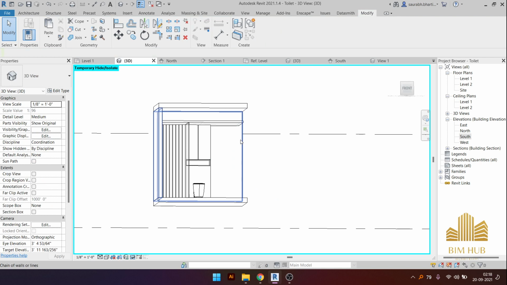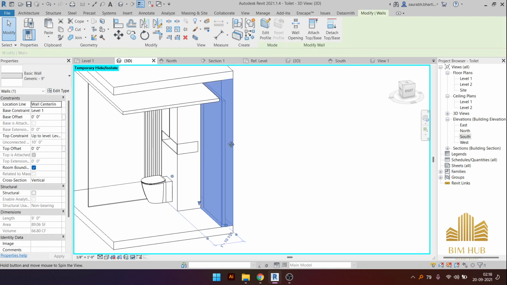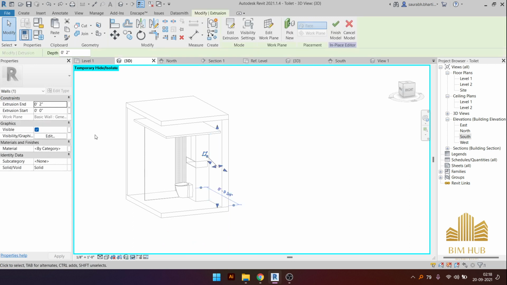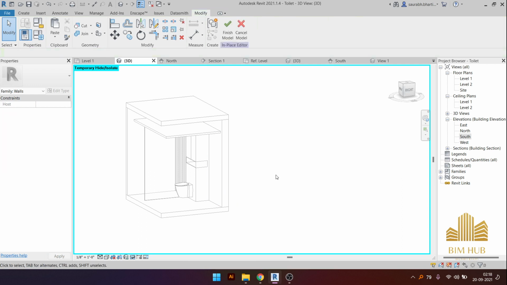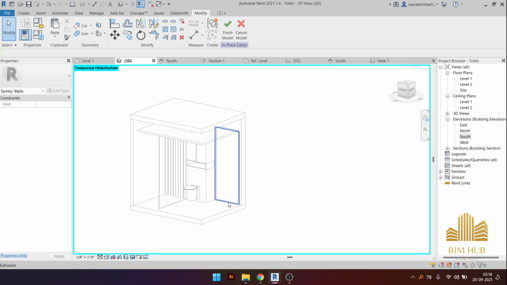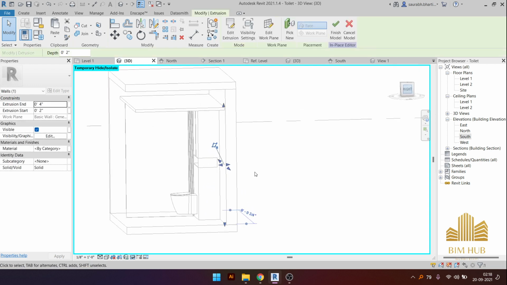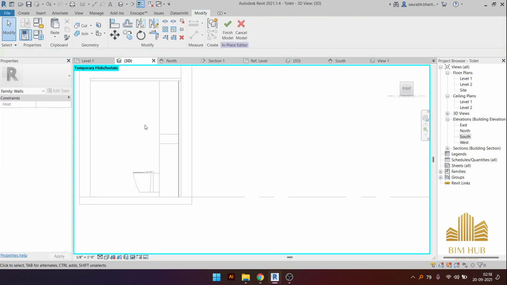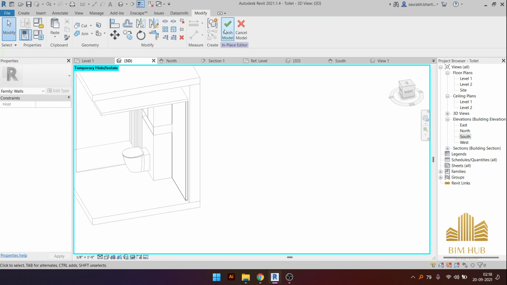where is our wall? Okay, this is inside the wall. So we need to select this one, or you can press undo, Ctrl Z, undo it, select it and give it an offset of 4 inches and start at 2 inches. Let's try this. Is it visible to us? No. So let's just try to make it in 3D only. So this is our start, and our start is at 4.5 inches and our extrusion end is 6.5 inches. So now it is fine. Okay, finish it,